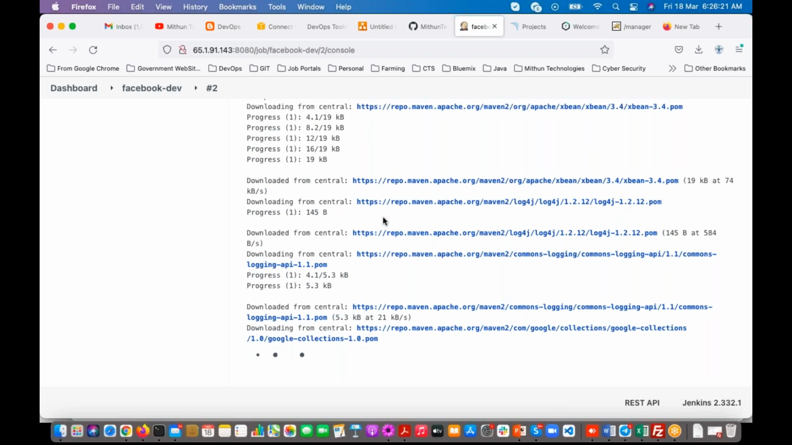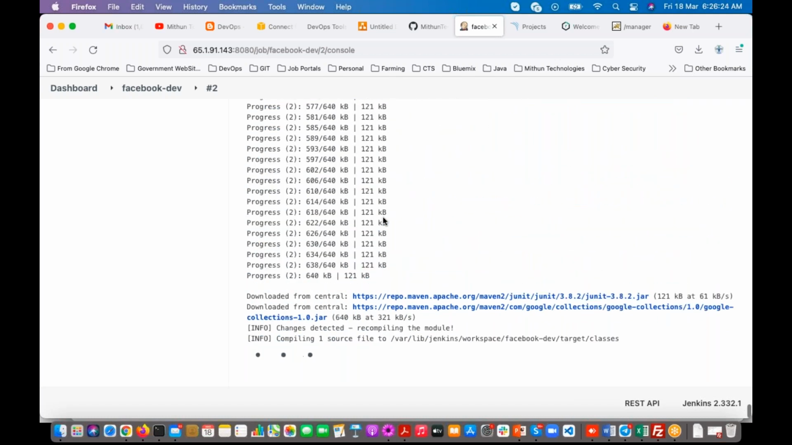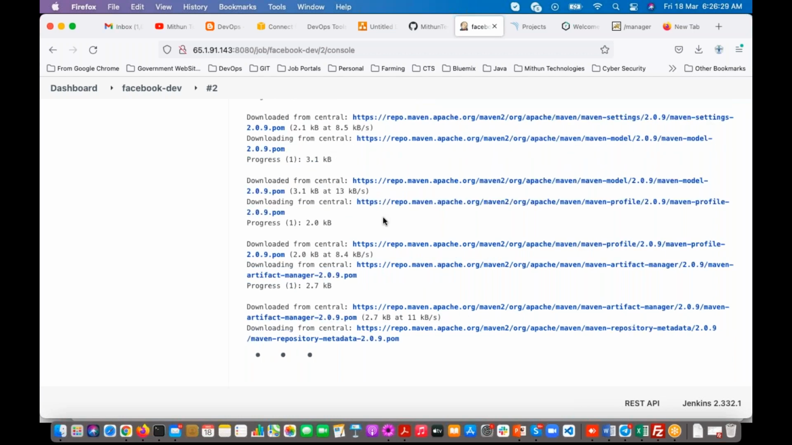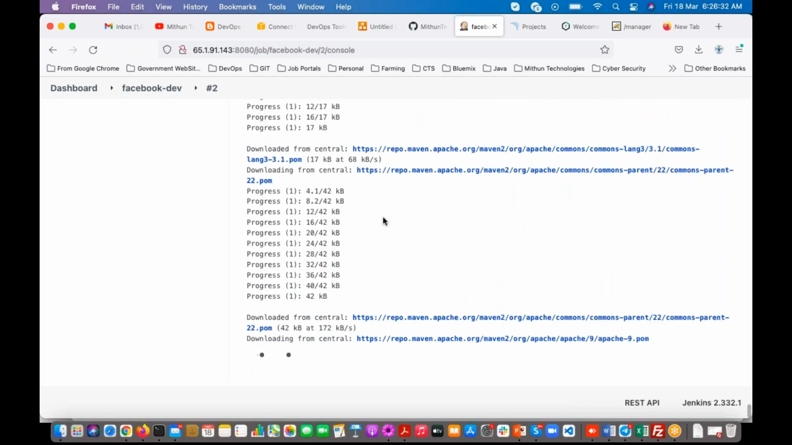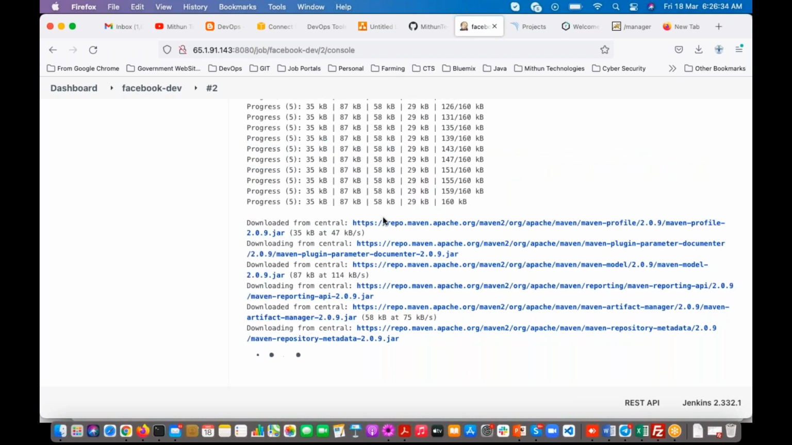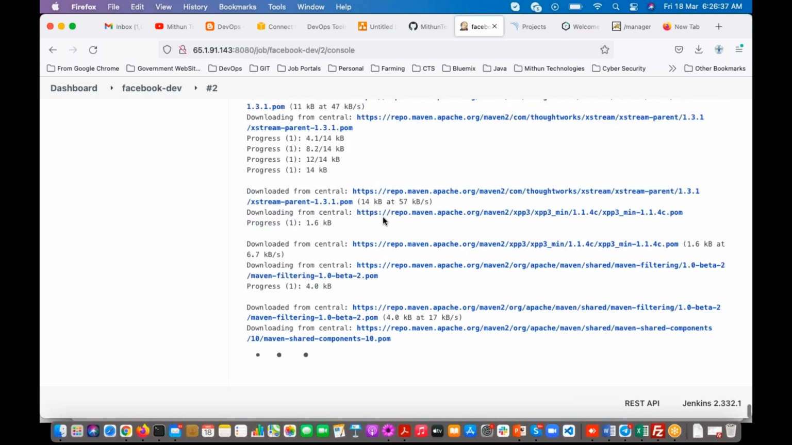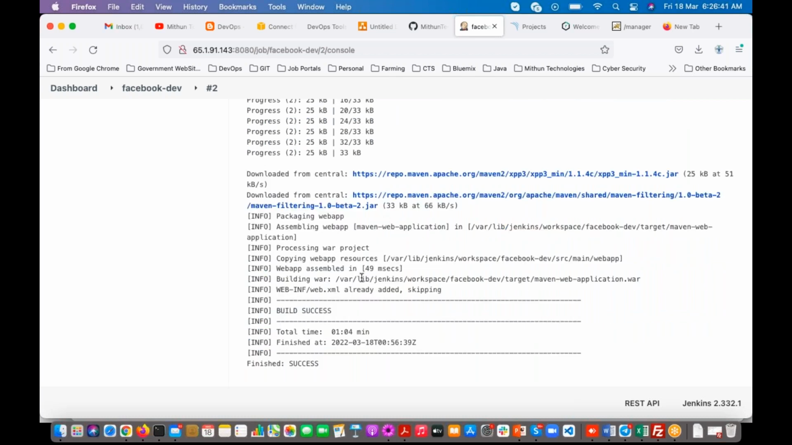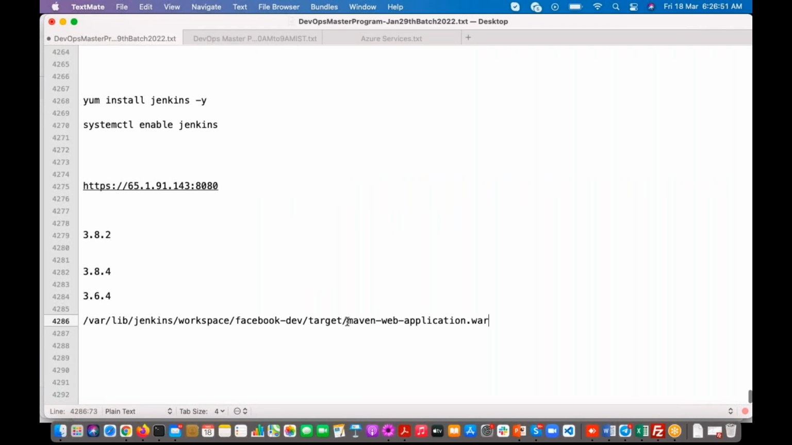So first time it will take some time. And also observe, it is going to create a package. See, package has created. Take this one. Observe here. This is the package name, maven-web-application.war file. If you observe where it is created,